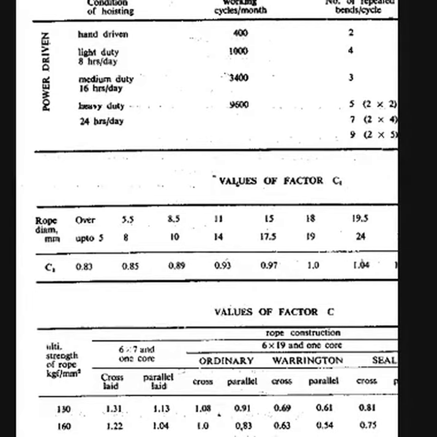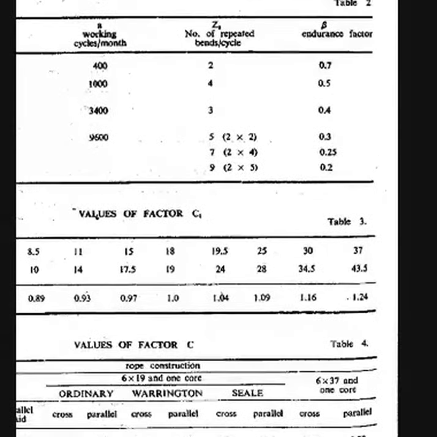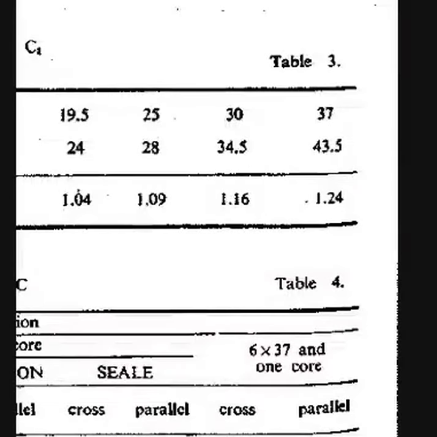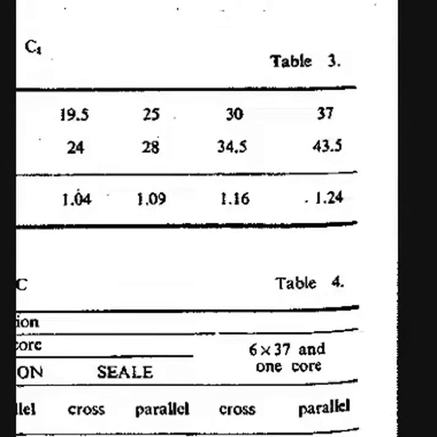So our strength is in range of 160s. So the value will be approximately, the last value you can take. For cross rope, last value we can take. It is coming as 1.02. Any one value you can take. From this last cross, 6 into 37 and 1 core, cross or parallel, anything you can assume. Let us assume it as cross. Sorry, the strength is 130, 165, 180. Ours is 165. So let us take the last one, and the value coming is 1.02.